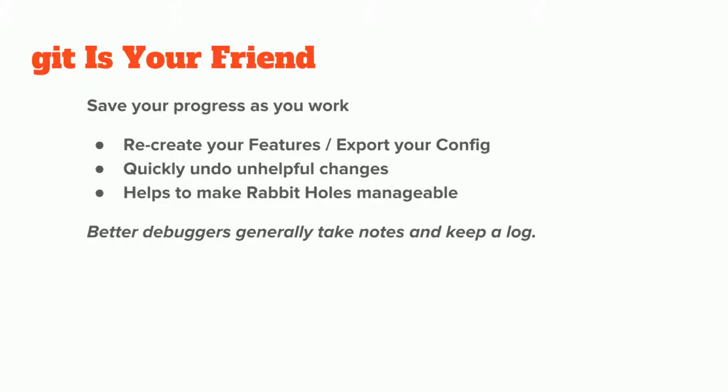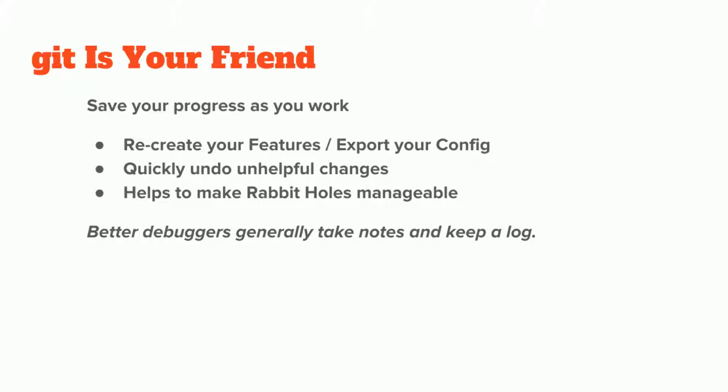Hopefully, if you're doing things like config managing your permissions, every time you change a permission, you dump that out, you commit it to the Git repo, you now have a visual history of any permissions that you may have changed. You have a visual history of any modules that may have been enabled or disabled. And it helps you quickly undo unhelpful changes. If you're going along and you're debugging, you make a commit before you test it, then you test it, it didn't work, you can now just undo that commit. You can just roll back to the previous one.